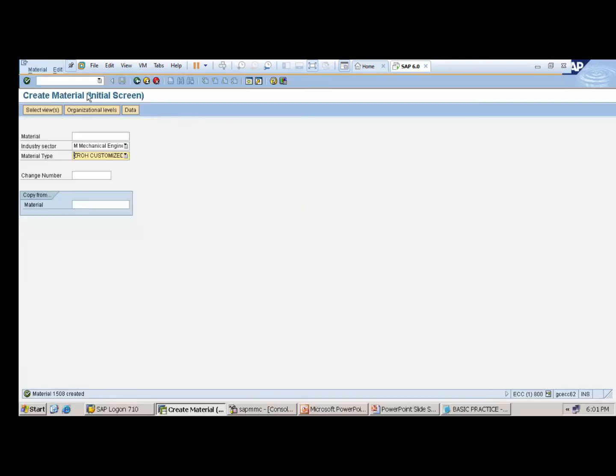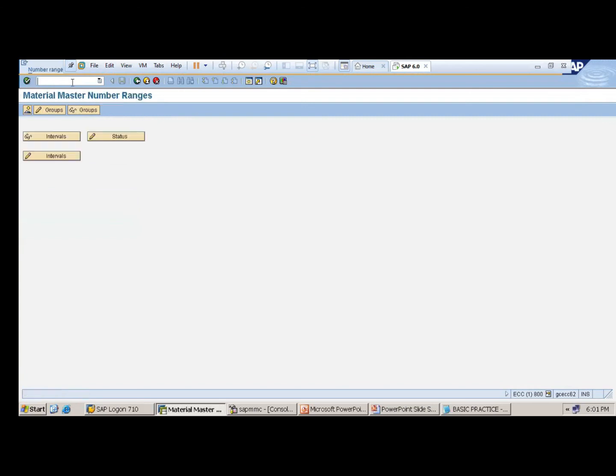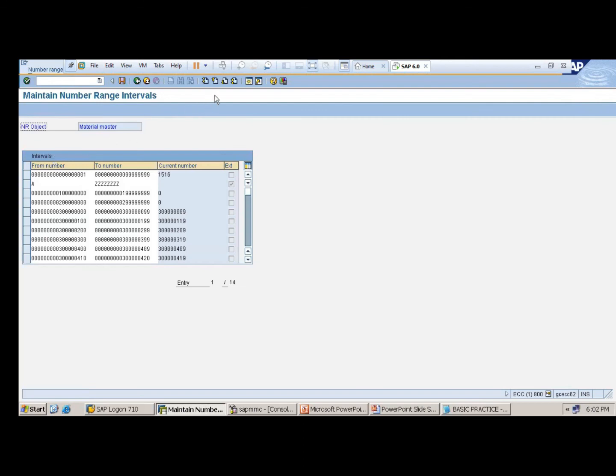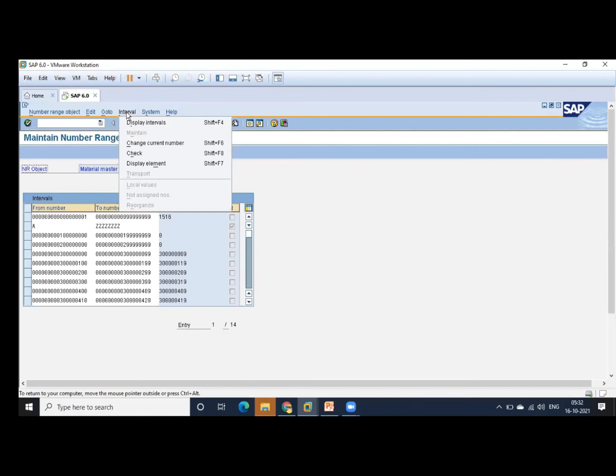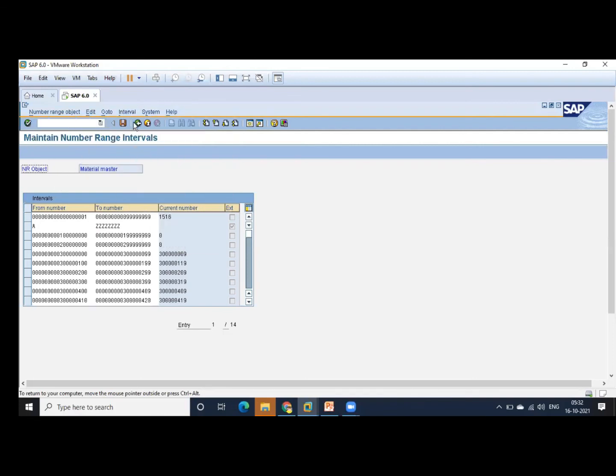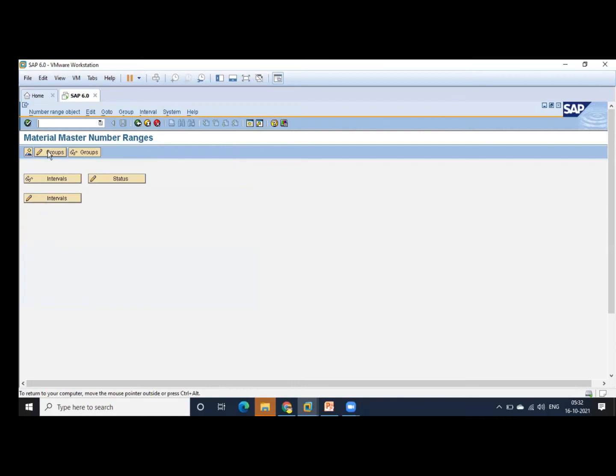Let me see. /n MMNR, enter. Third option, intervals. Okay. Here again, go for the intervals. Come back. Sorry, groups.